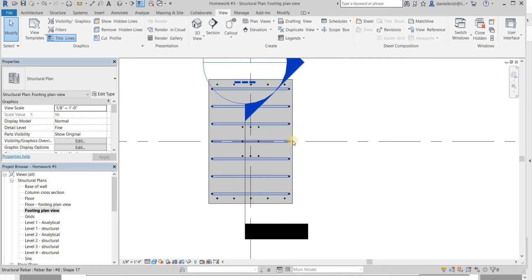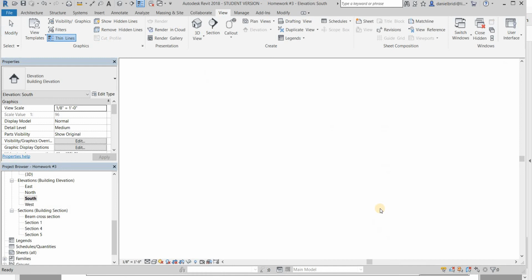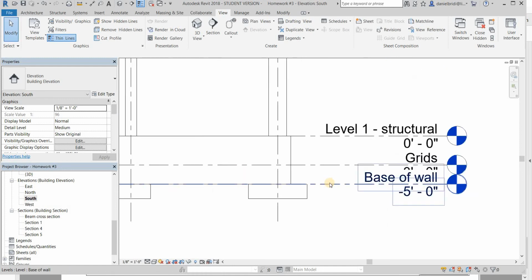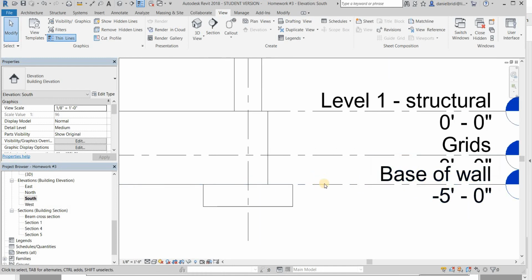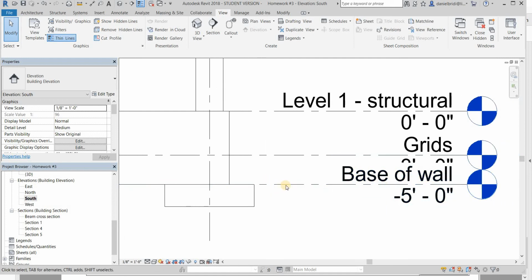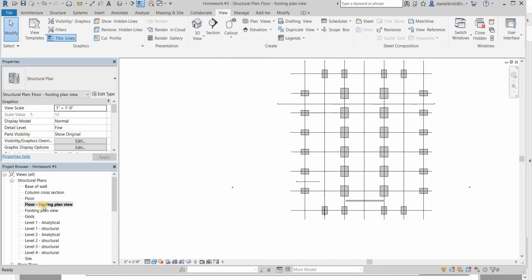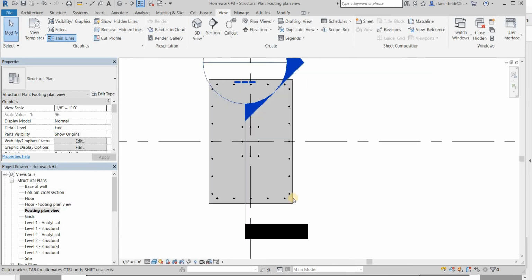I just used a negative number because, for example, if we have a cut plane of 0, we will be cutting exactly on this level, so I just want to cut a little bit below it so we don't see anything that is above the level base of wall or the level foundation. So going back to the footing plan view,